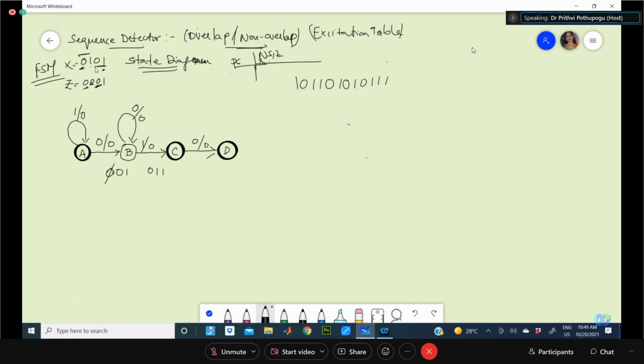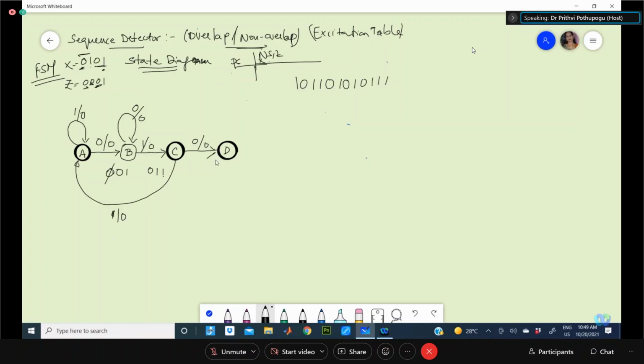So what should be the next state transition? In the present state C, you received 0, 1, which is in sequence. The next bit received is 1, which is not at all in any of the sequence combinations. Then it will reset or take back to A. That means with 1 generating 0. Okay, if it is 0, it is in sequence, it goes to D.